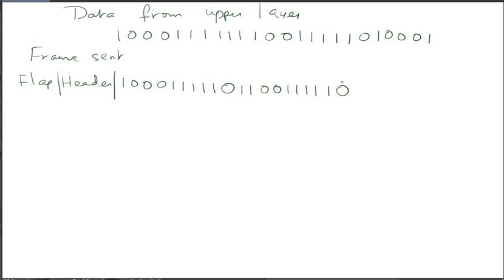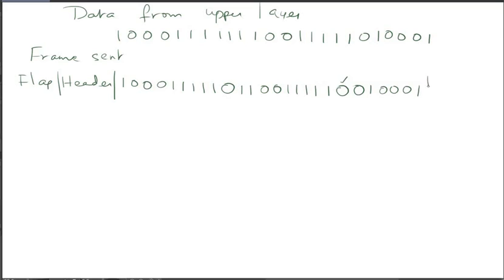So this 0 doesn't belong to the data. Okay, so here we have another 0 in the data, so that 0 will come here. Then we have 1 followed by 0 0 0 and the next bit is 1.